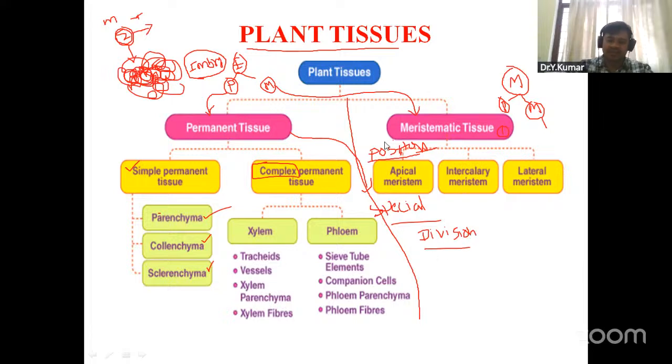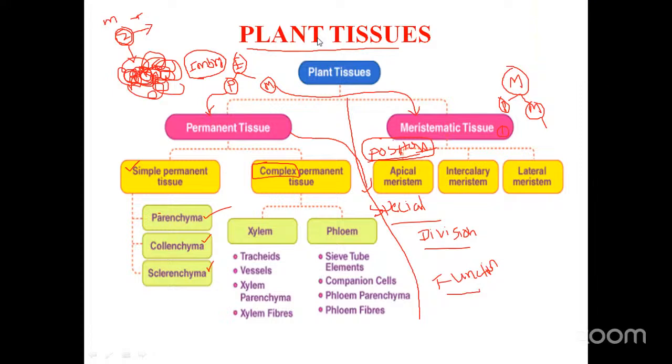First, let me complete position. And also based on function, I will explain function later, but it is not important. So first of all, based on position, they are clearly divided into